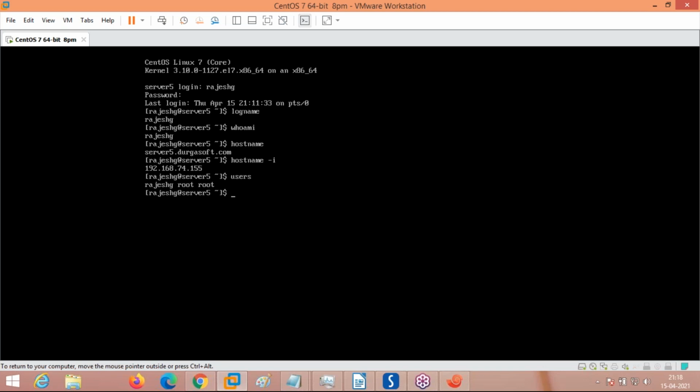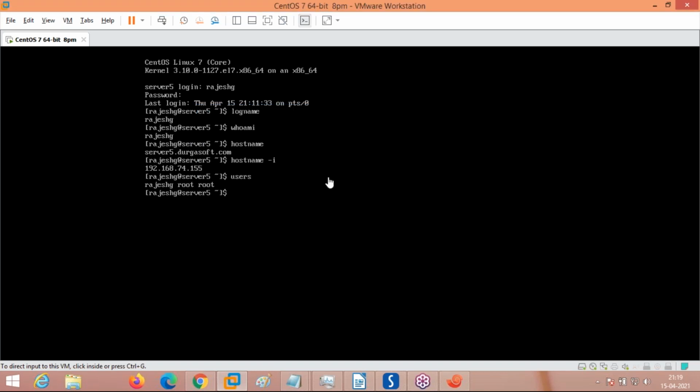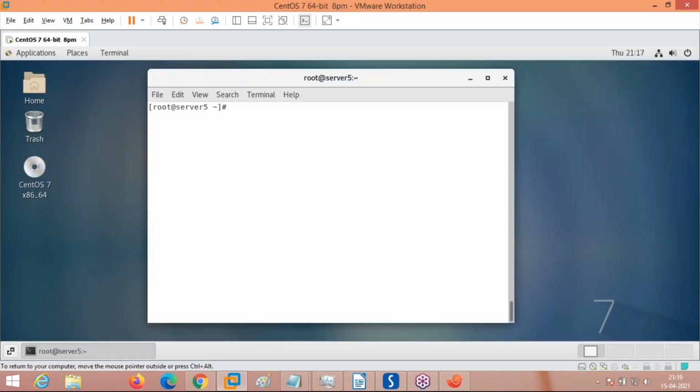Okay. These are the different commands to check which users are logged in and what the details of the operating system are. And one more thing, I am now switching back with Control Alt F1 to the GUI console. Sorry, I made some mistake. Wait. Control Alt F1, see, GUI console. Okay. Now we have to understand how to check who has logged into the system: the last command, users command, w command, who command, and other things.